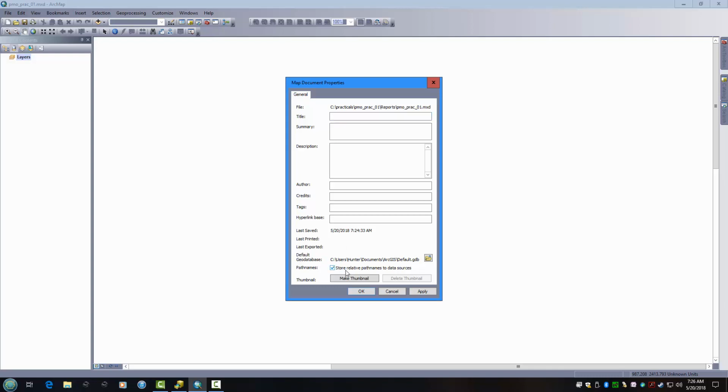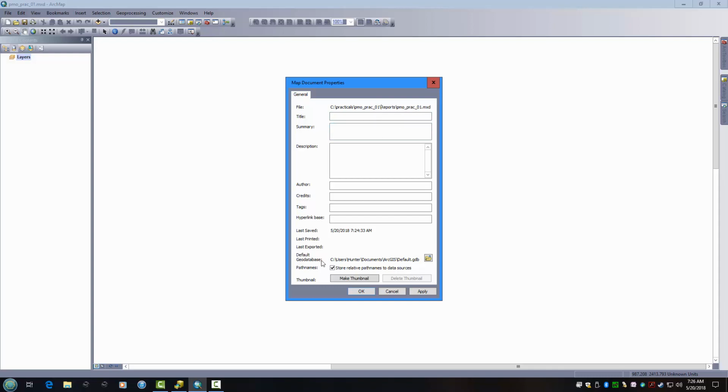So when I save relative path names, it tells ArcMap that the MXD file is located here in the reports folder. And as long as all of my data is stored relative to this location within the project folder and all of its subfolders, the geodatabases folder, the databases folder, the raster folder, the vector folder, as long as all my data is in there and remains there,